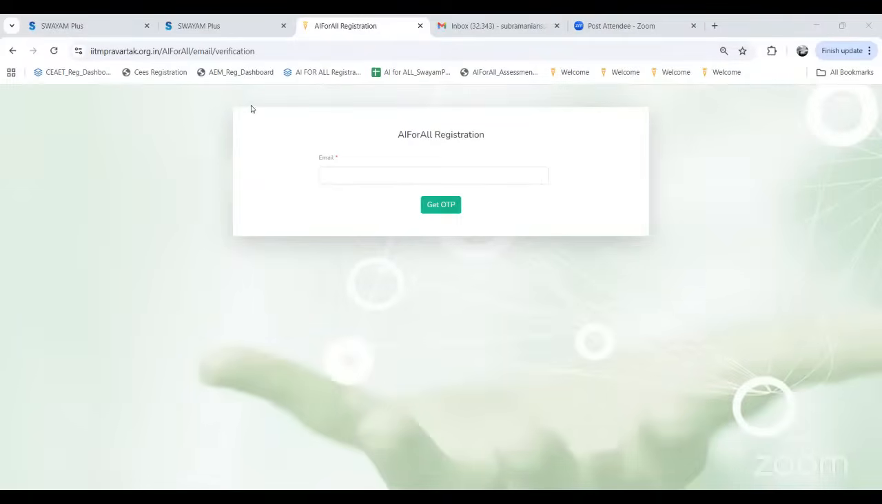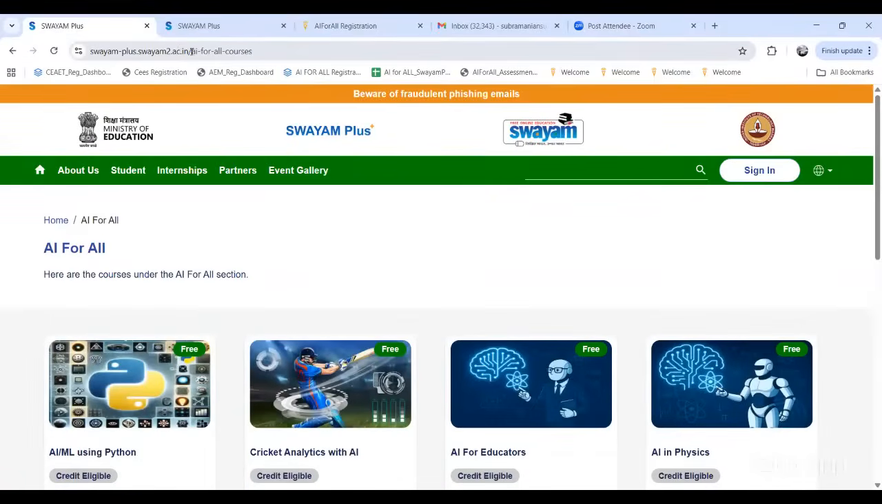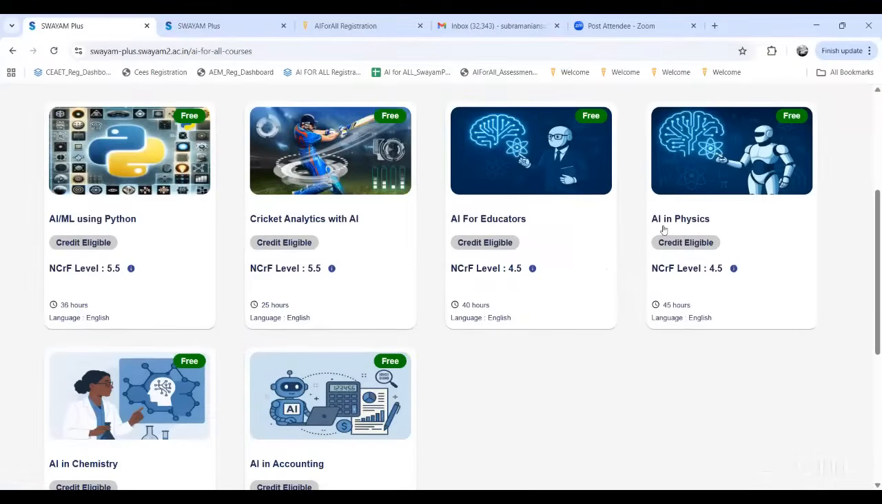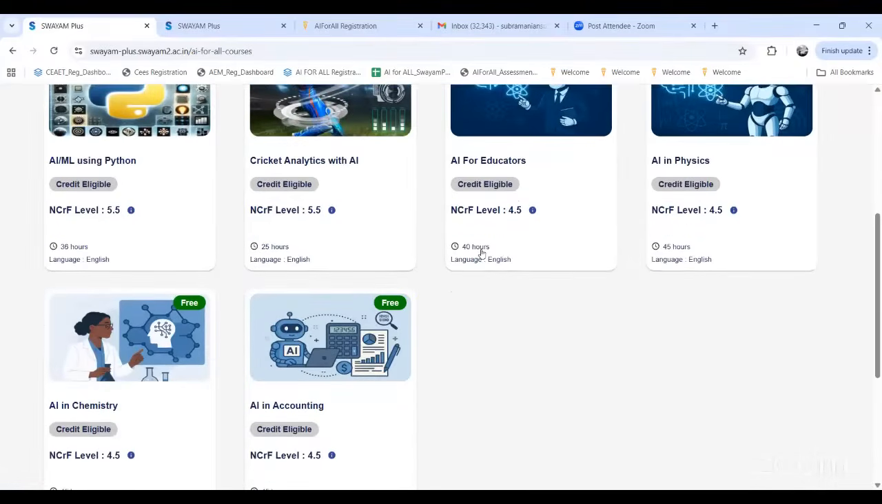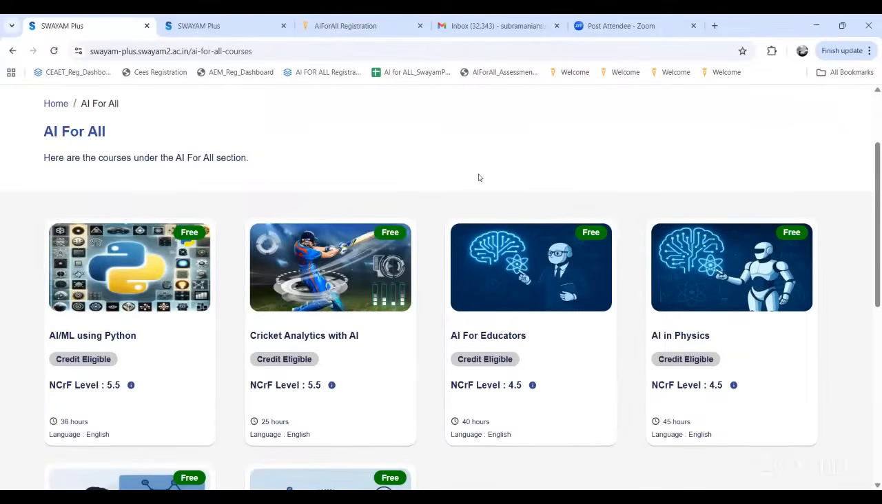So when you go to the SWAYAM Plus website, you can select A for All courses. You will have all the 6 courses visible here in the dashboard. If you want to register for any course, or for more than one course, you need to click on it and it will redirect you to